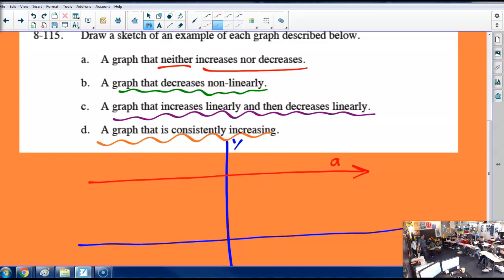It could be down in the lower part of the graph, could be right on the x-axis, could be way up the graph. Doesn't matter. It's not increasing or decreasing. The only reason I had a question about that is because I wondered if it was either increasing or decreasing on the x-axis or y-axis. Well, if it's on the y-axis, then it's increasing. Well, then it would just be